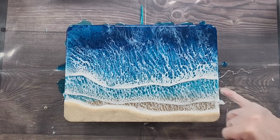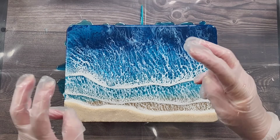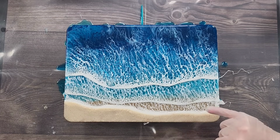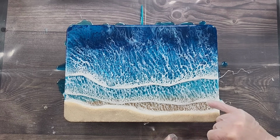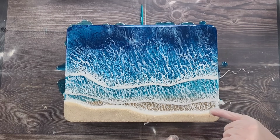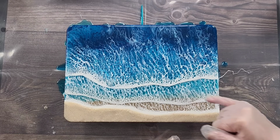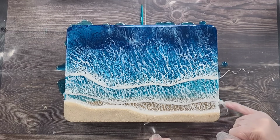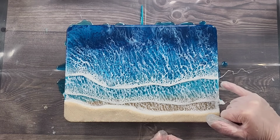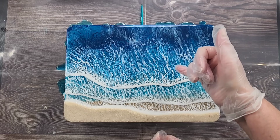See, my white is still quite dense there, but I like that, and you can see the difference. This one here was blowing on the high speed, so it just went whoosh and basically blew most of that white away. And I think I had the same line really, because I went over this one quite a few times. And then this one, it's a much more stark sort of white on the bottom, and then I've got much more, I don't know, more brighter,